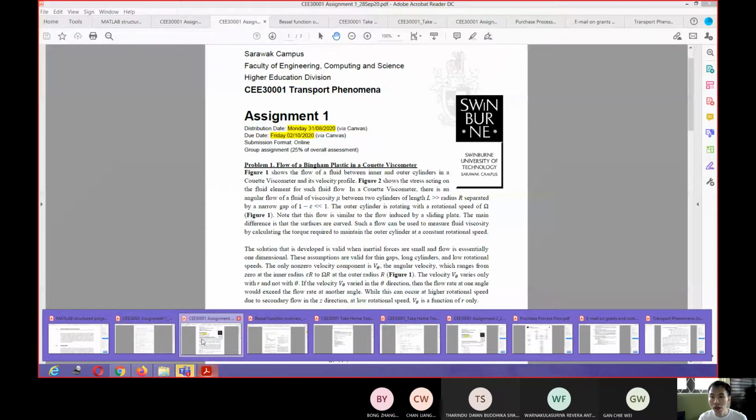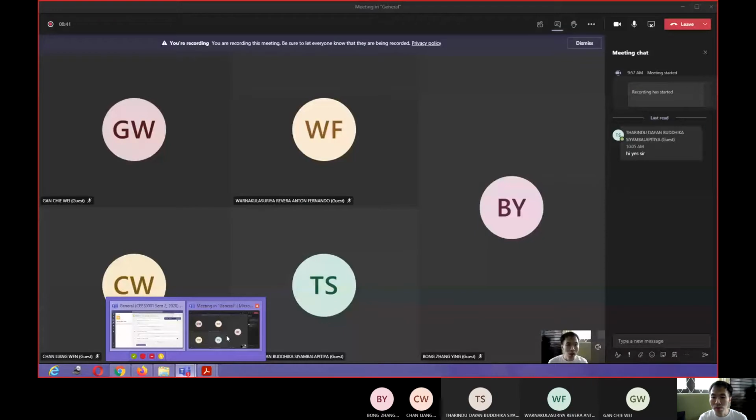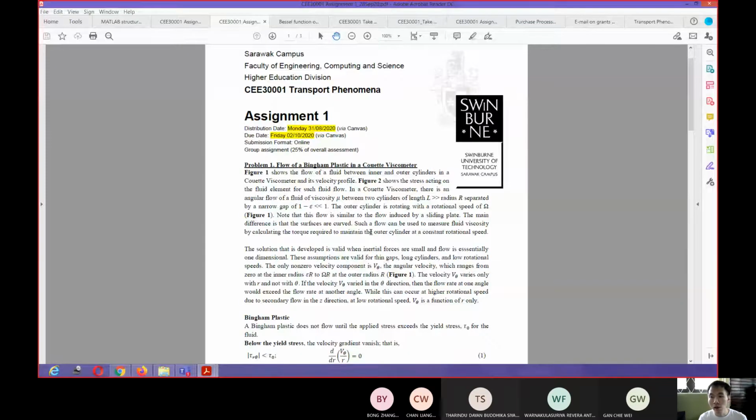I think problem 1 of assignment 2 has the same nature as problem 1 of assignment 1, so it should be quite direct to solve, except for problem 2, which you need to work on with your mates and try to solve using either MATLAB or Excel or other software.